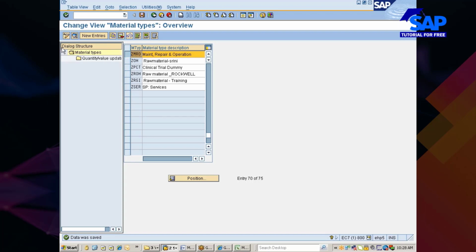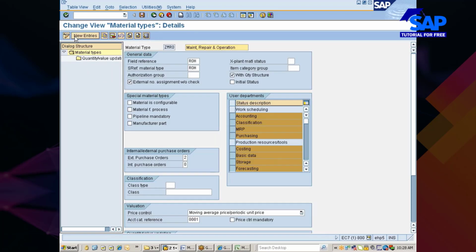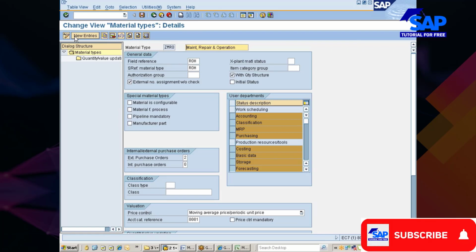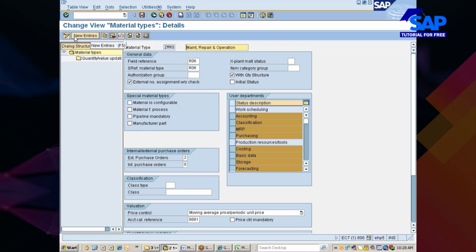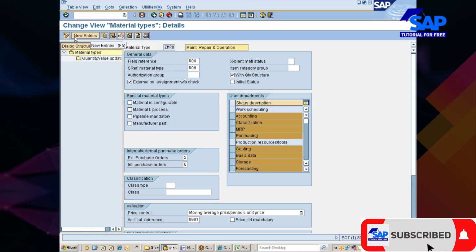Once you select this and go with details, I will have many things to explain. Point number 1, a material type can control field selection properties. Yesterday you have seen that field selections can be controlled by your industry sector, by your plant, even by field reference also, right?